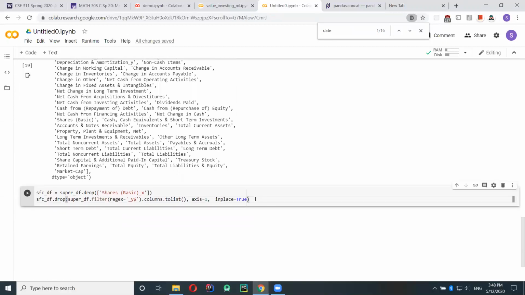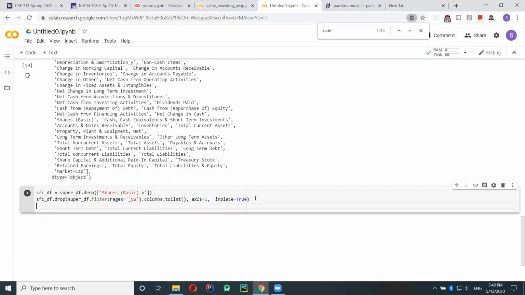Those are duplicate columns, so we don't really want this. So what it does is filter out all the columns that have a -y, and then it drops them.